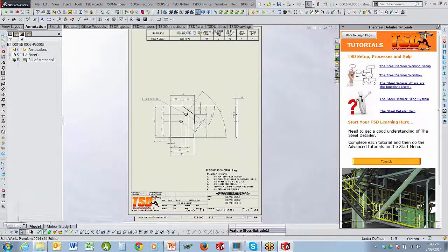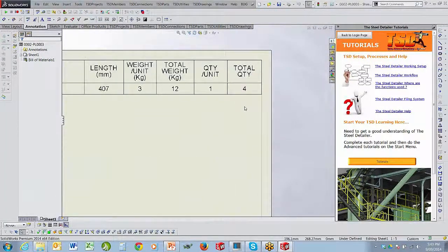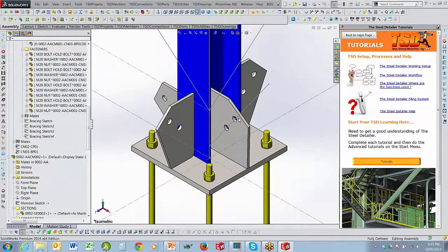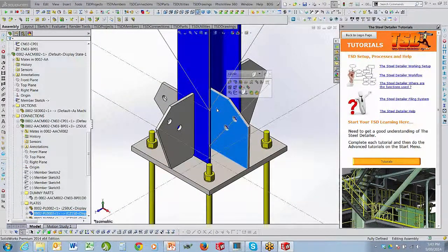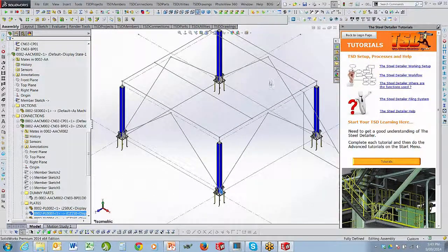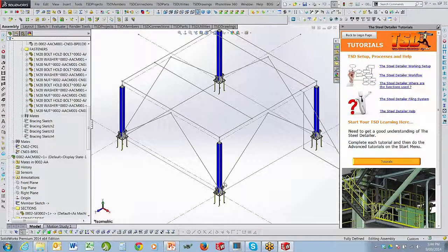Now this plate, which is a cleat plate that's detailed, it's telling us there are 4 there too. So you can see how it's totaled them. Really handy. Now if I was to change that plate there, all 4 of them would automatically update. So you've got to be careful because there's consolidation that's occurred through the process of locking. So if you do change a plate after it's been locked, just be wary that that plate can be used